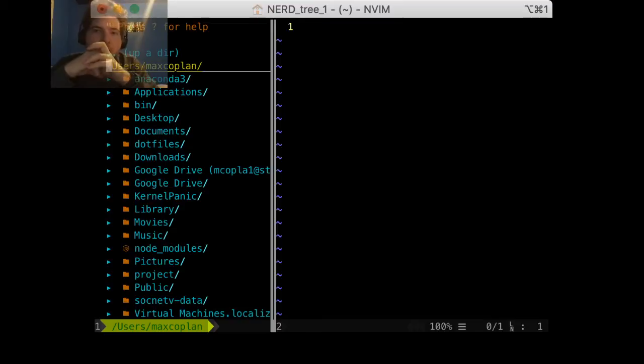Yo, why is my terminal blinking? You guys see this?